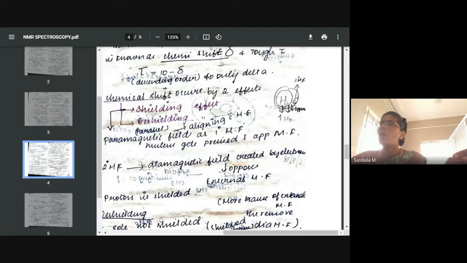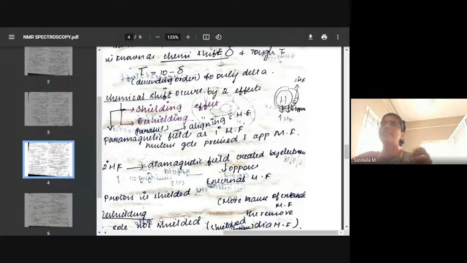If the proton is present outside the diamagnetic field, whereas now it is inside, as you can see in the picture, then we require only less energy, so the nucleus easily resonates with the frequency. So this effect is called the de-shielding effect. It is de-shielded; the shielding is deleted. It is called the de-shielding effect since the proton does not exist inside the diamagnetic field. The diamagnetic field is away from the primary magnetic field.